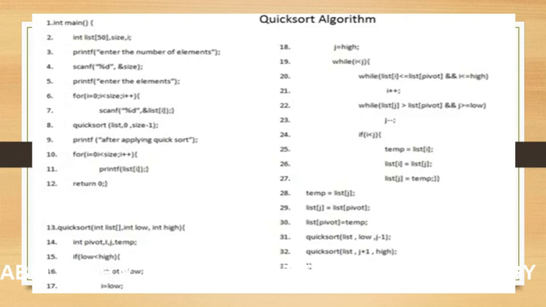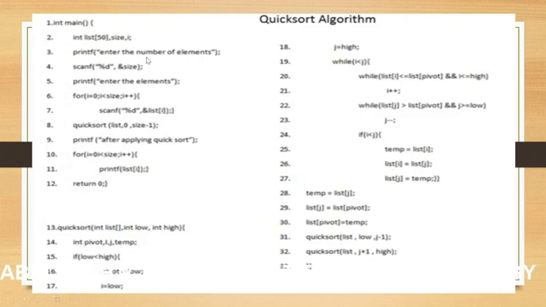All the elements at the left side of the pivot should be lesser than the pivot, and the elements at the right side of the pivot should be greater than the pivot element. If it fails, we swap, and we continue this operation by dividing the array into two partitions. This is a recursive algorithm. So let us see the program.